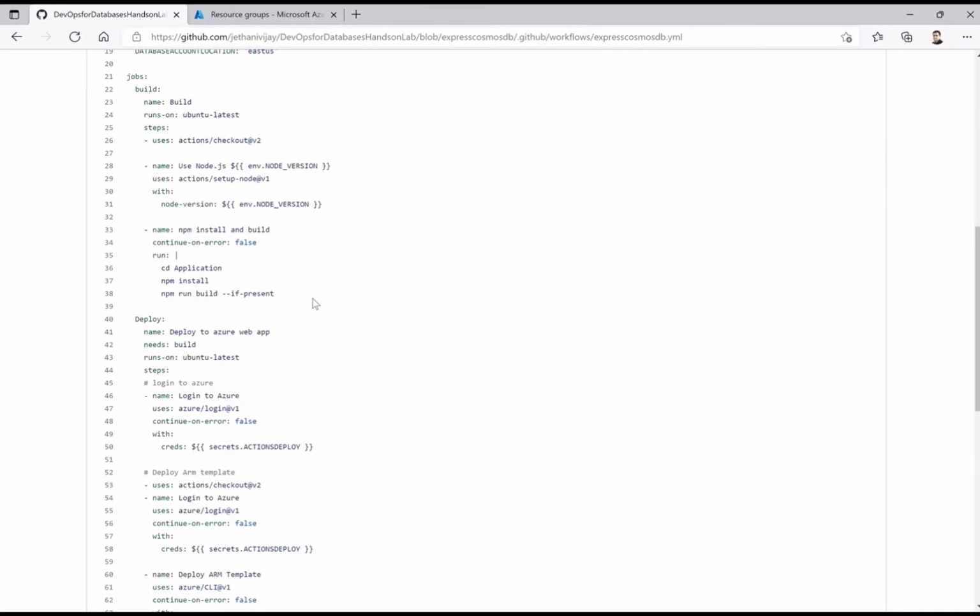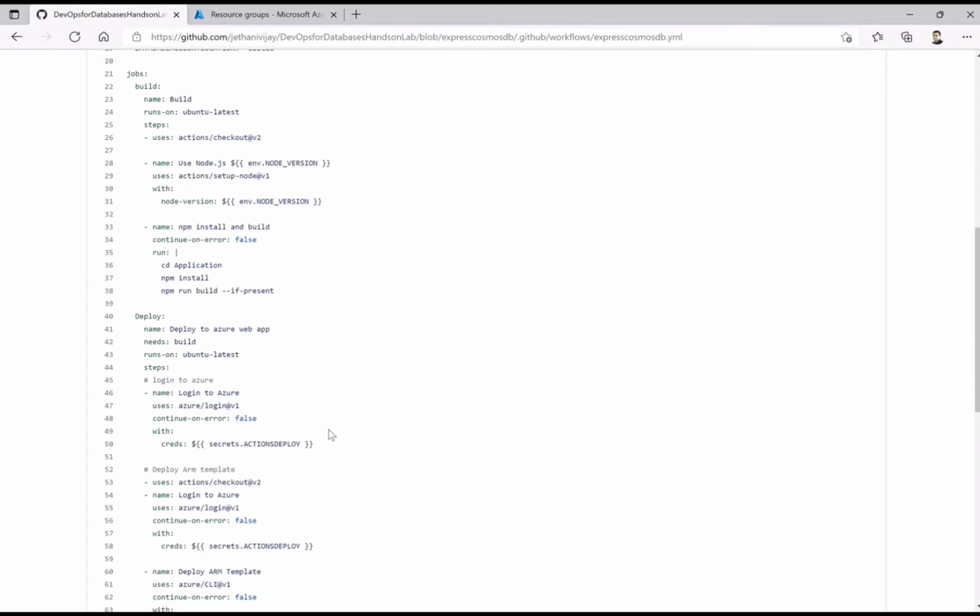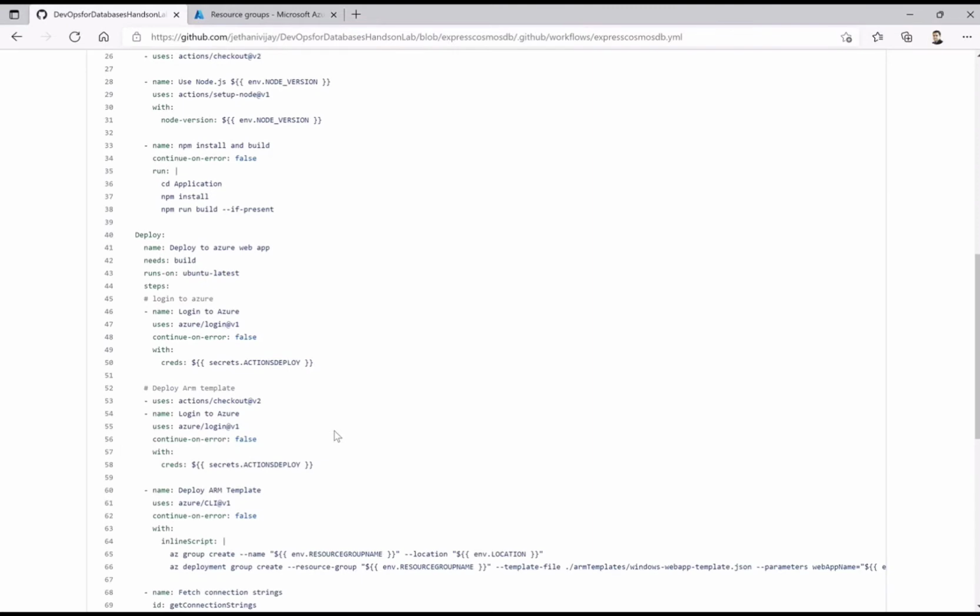Now, apart from that, what we require is, while we actually deploy that code, we have to have the ARM templates. That means whatever you might be doing manually or through the web based portal, I'm capturing that as an ARM template, which I can use in this already built action where I'm logging in using my actions deploy secret.